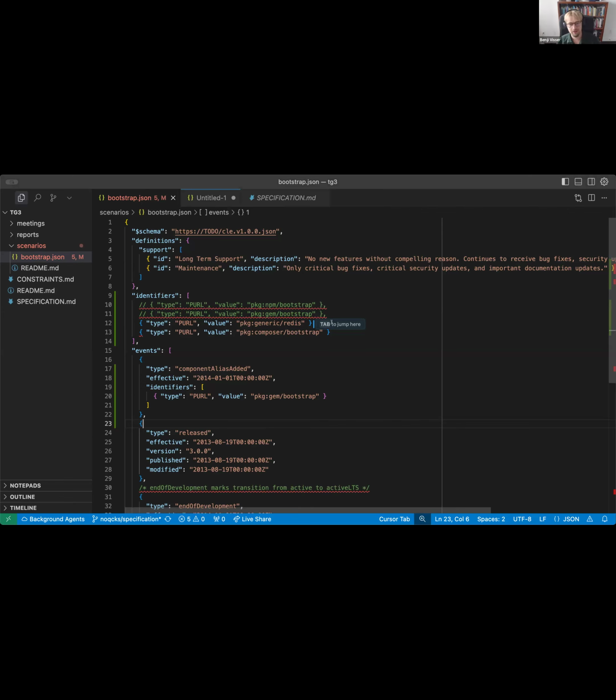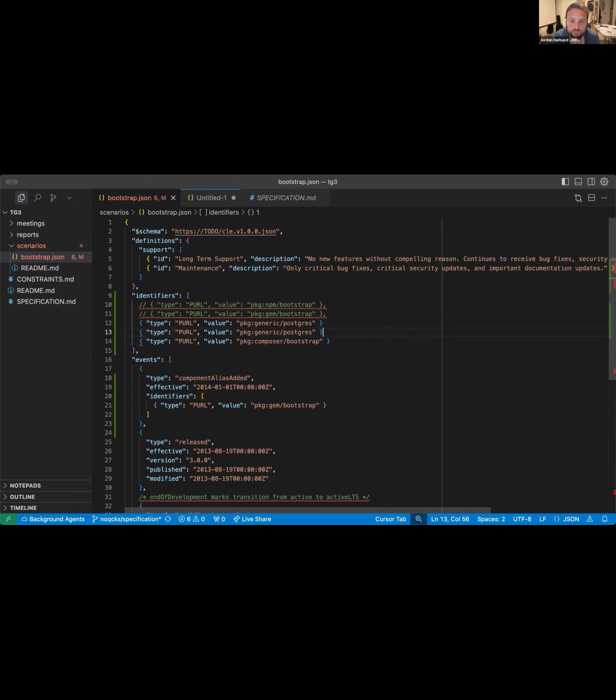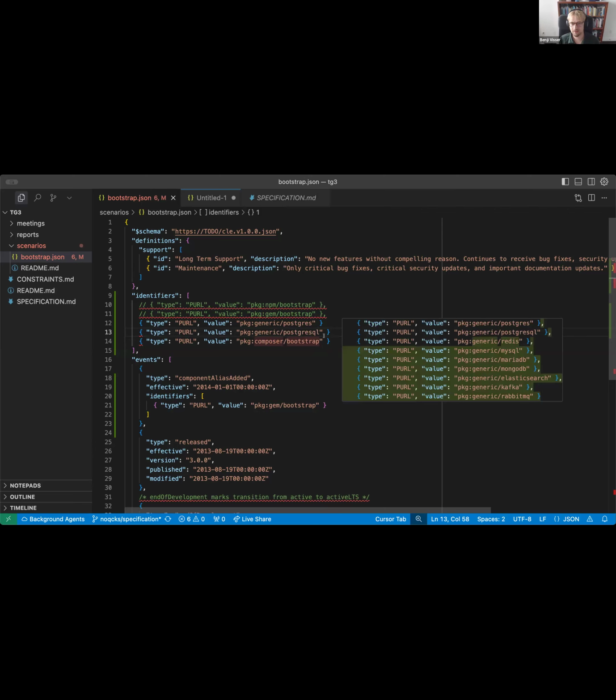I'll give you another example. And I don't know anything about generic, by the way. These are questions. Yeah, I'll give you another example. So for example, let's say we're running, I don't know, what's a good example? Postgres, actually. So we've installed a Postgres binary. One SBOM generator might do this. One SBOM generator might do this,